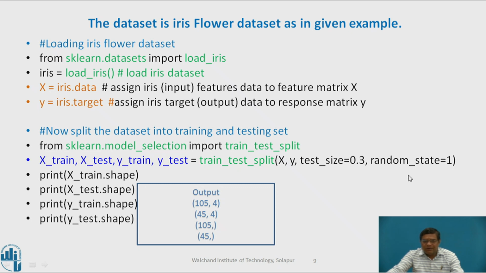And this splitting will be done in a random fashion, because we have set the random_state parameter equal to some integer value. And if we check the size of x_train, x_test, y_train, y_test, you can see the output. Here in the data set we have a total of 150 records. Out of that, 105 records go into the training set, and